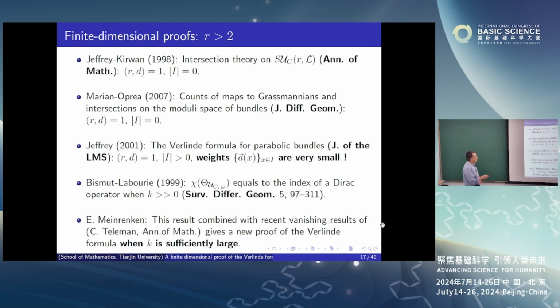Then in their paper, they of course work out the intersection theory. In particular, you use Riemann-Roch theory, and you can derive the Verlinde formula for this case. And there's also a different way to work out the intersection. And in fact, Jeffrey tried to generalize this to the parabolic bundle case, but he still needs to put this